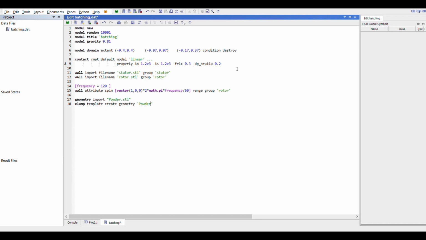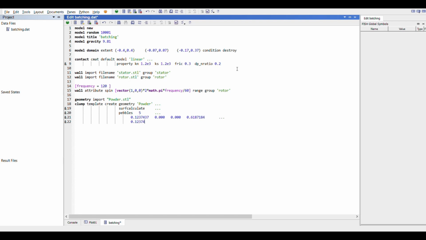Then we will use the keyword surf calculate, which is used whenever we want to calculate the properties of an object using its surface parameters, like moment of inertia. After that, we will assign how many pebbles will be in a single template, and then we can assign the coordinates of those pebbles. First, it will be the radius of a single pebble, following which there will be the coordinates where the pebble is. So we can assign the radius, then the x, y and z values. The three coordinates following the radius of the pebble are the centroid of the pebble.